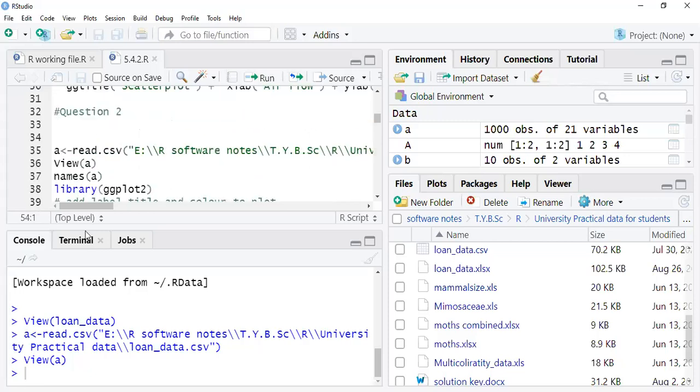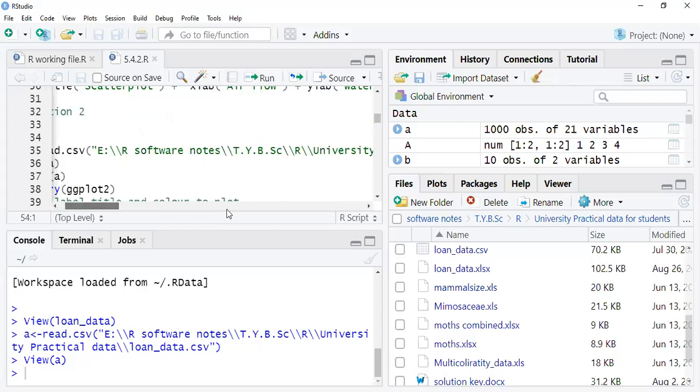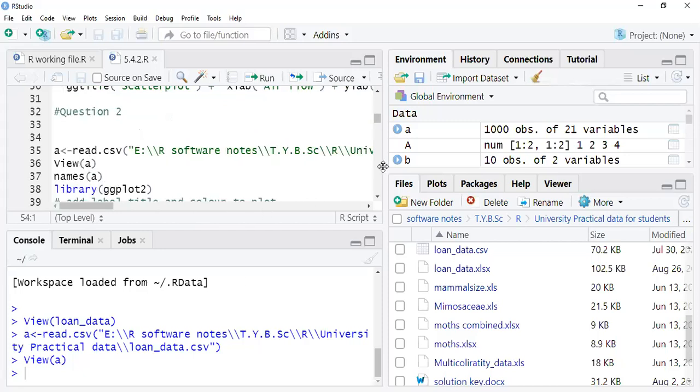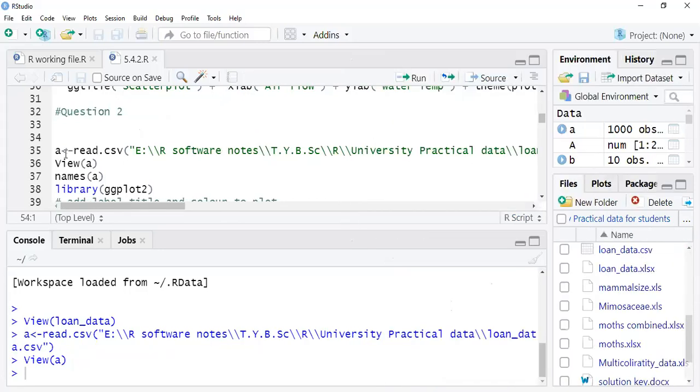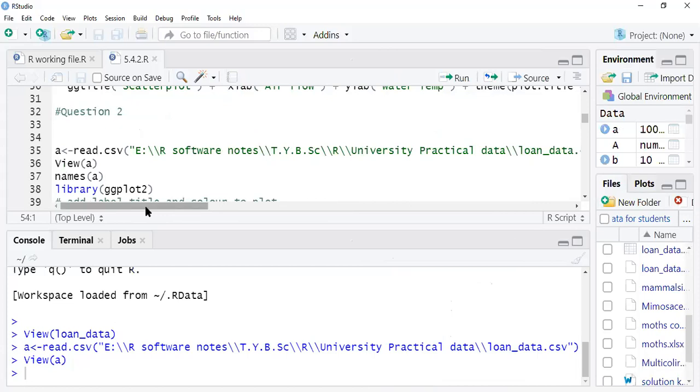One way I have explained is that you can write the path. You can access the path directly using Run. If you just type run and browse this path, just click on browse, and you can select the corresponding file where you have saved it.